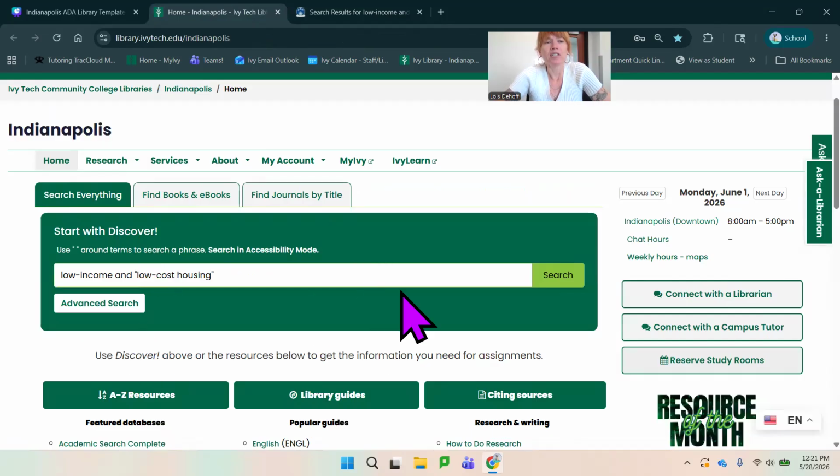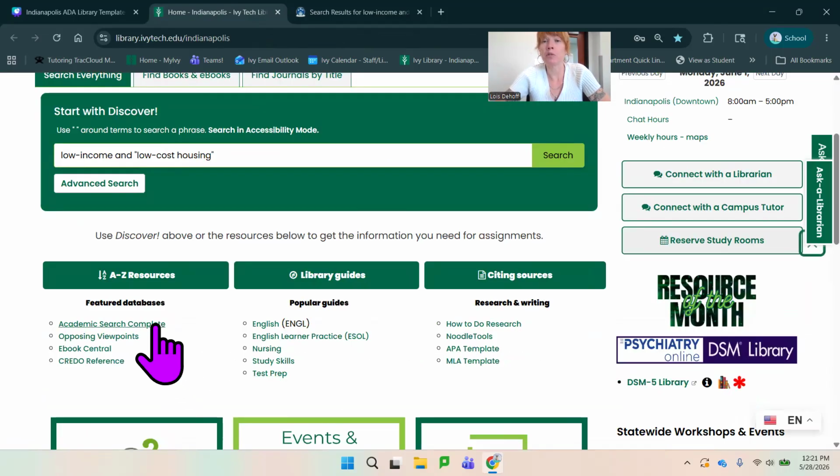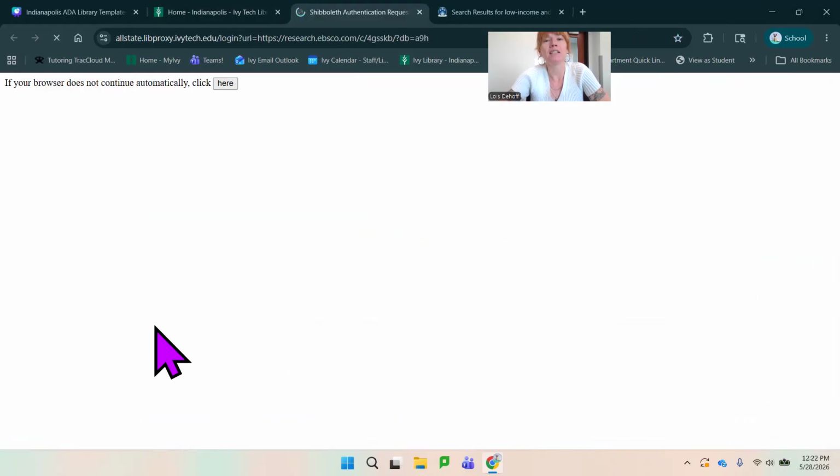Now, once we've looked at Start with Discover, and I always show students this just to show how big it can get, we then have the options for individual databases. Earlier, I referred to multidisciplinary databases, and Academic Search Complete is one that we use quite frequently with different audiences, different classes, like I mentioned, history, philosophy, psychology, engineering, chemistry. I mean, we're talking to research classes all the time, and we can use Academic Search Complete with any of them. So if I click into this,